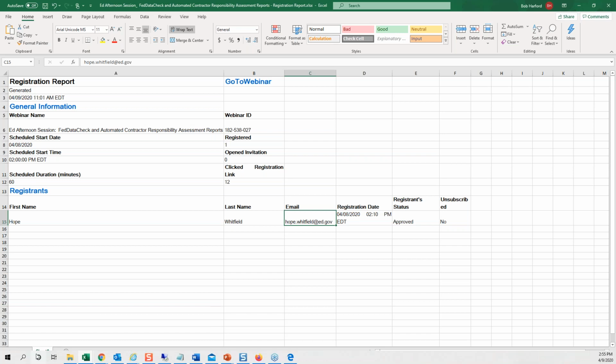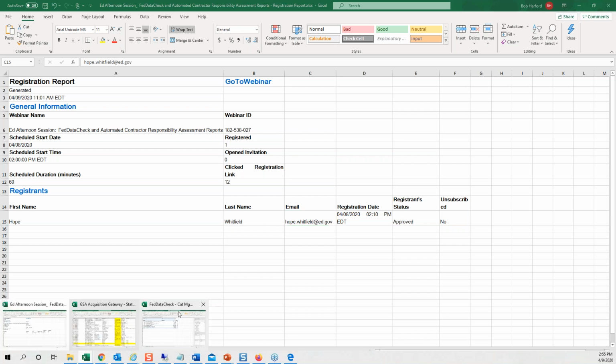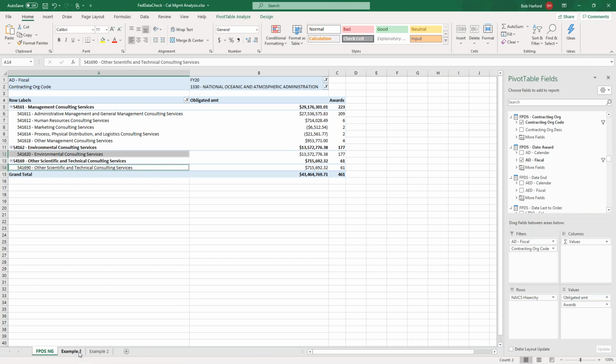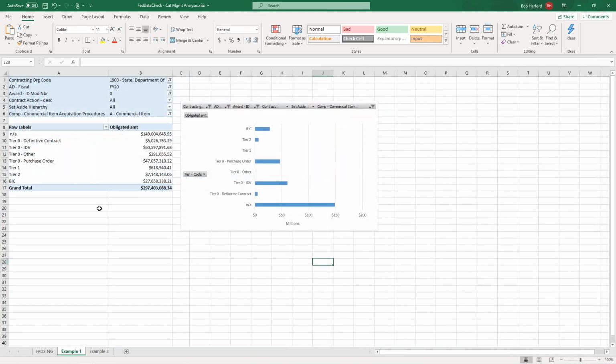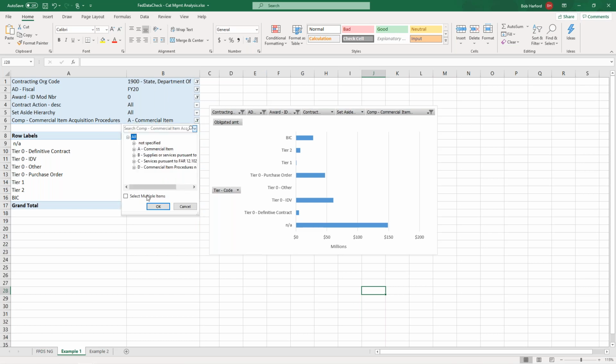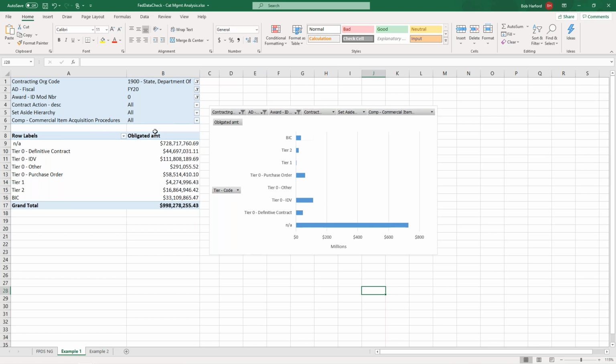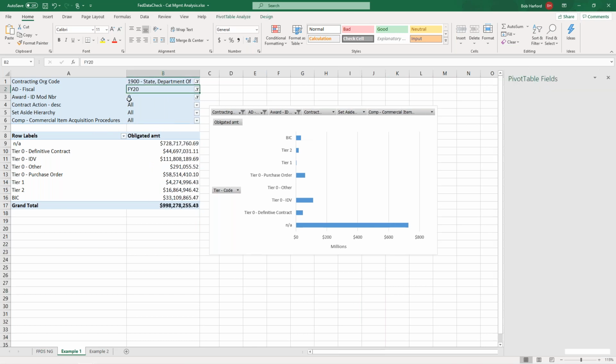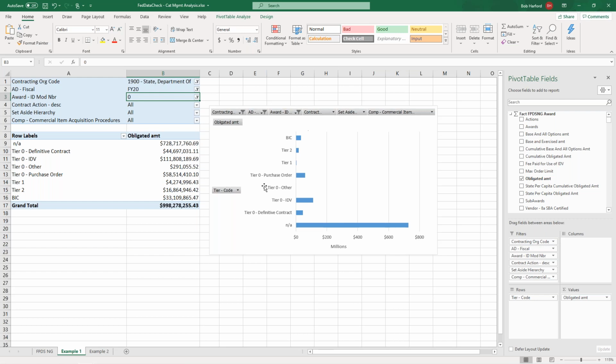Okay, so what I have here is the department. In this example, I'm looking at Department of State. They've recently given us their GSA acquisition gateway data. So by doing that, for FY20, for new awards, I could see the buckets.